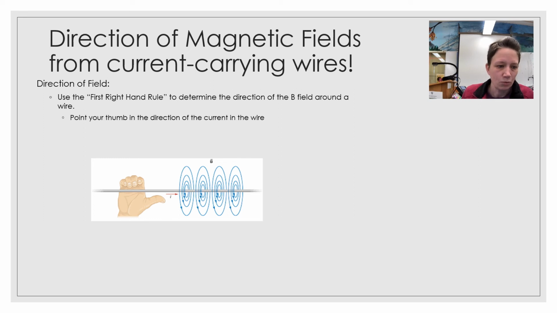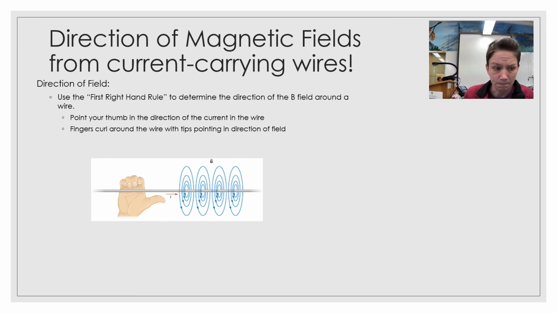So the first right-hand rule, the way it works is, you're going to take your right thumb and point it in the direction of the current in the wire. Okay, so the right thumb points in the direction of the current in the wire, just like shown in that diagram. Then you are going to curl your fingers around the wire. So imagine yourself grabbing the wire, and the tips of your fingers are going to point in the direction of the field at a certain location. So you can see in that drawing how that magnetic field is kind of curling around the wire